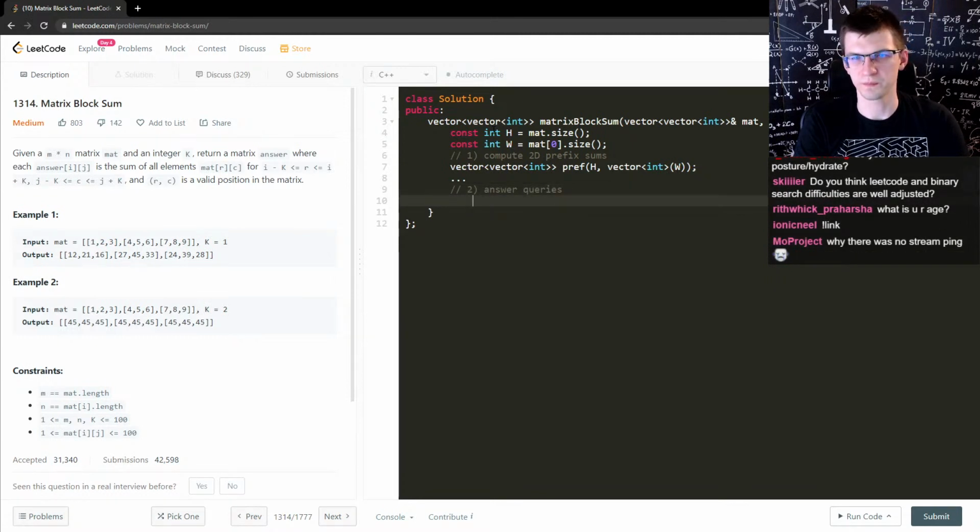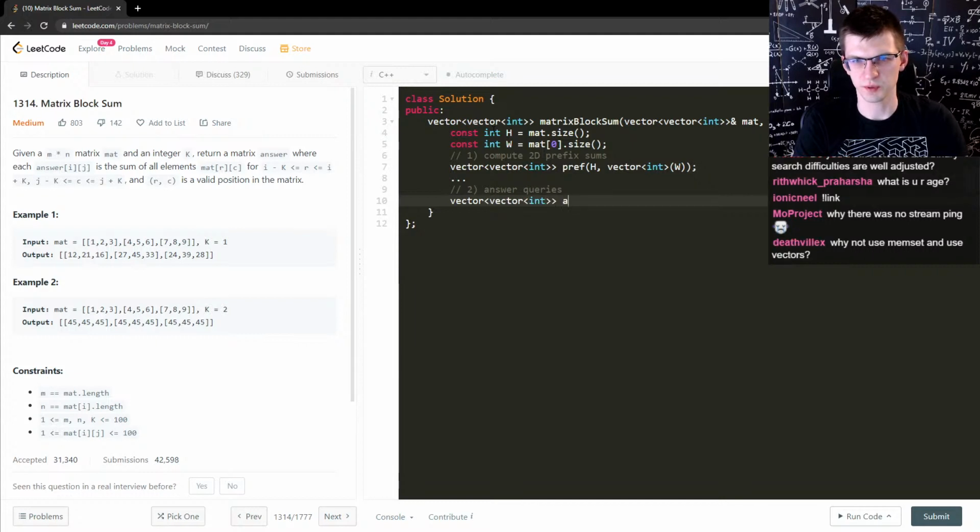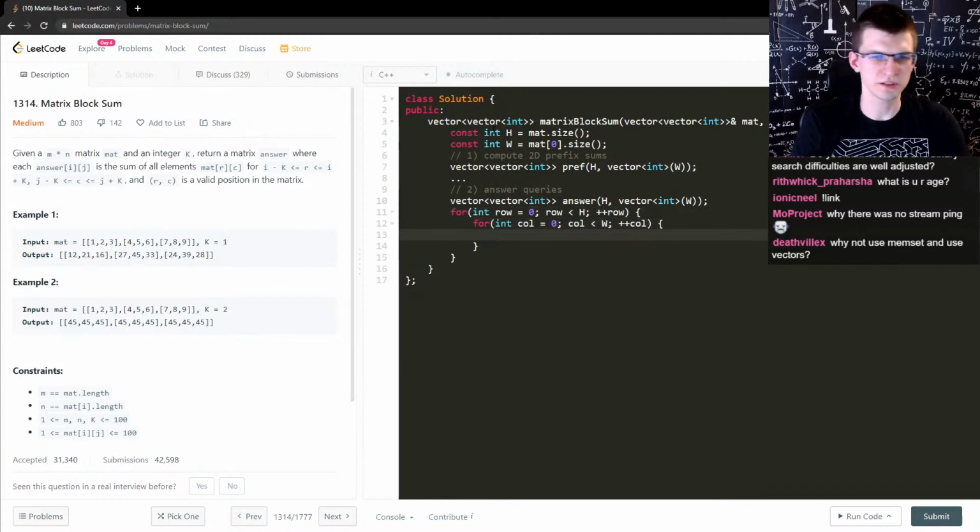Let's populate the answer two-dimensional vector for every row, for every column. And now we need to retype this thing from the statement, all the cells that are within